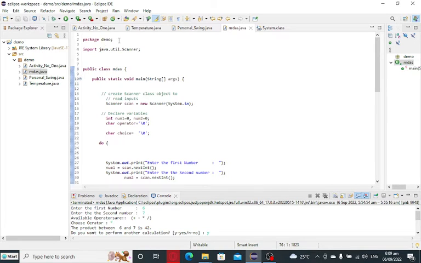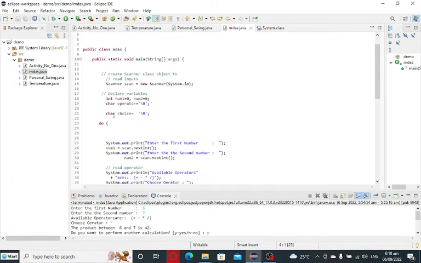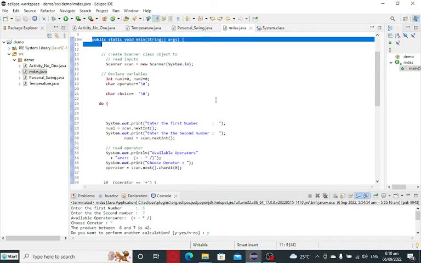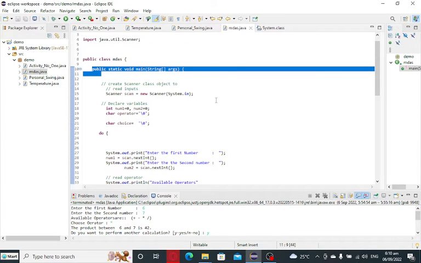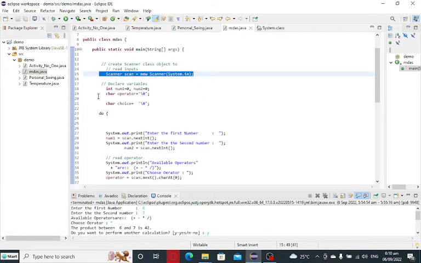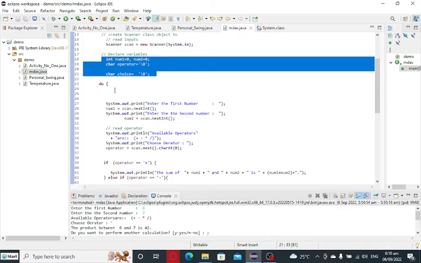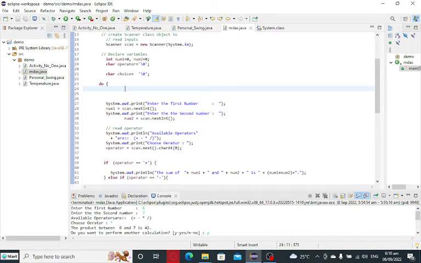So we have here package demo, import util scanner for input output. Public class MDAS stands for multiplication, division, addition, and subtraction. So public static void main, it is the starting point and ending point of every Java program. Scanner, new scanner, a library file for input output, and then I declare 4 variables: int num1, num2, operator, and choice. So in order for us now to perform "do you want to continue", I declare here a do loop